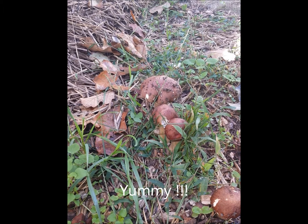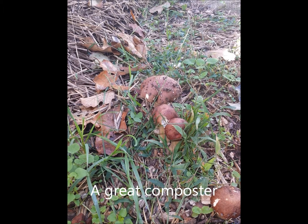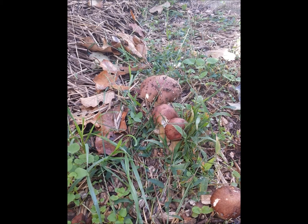So, go ahead and order some wine caps and put them in your garden, because they're great. What they also do is create compost for your garden. They eat up this wheat straw and wood chips really fast, and provide lots of fresh compost for next year's garden. Plus, they'll come up in the spring and the fall every year, actually all throughout the summer,